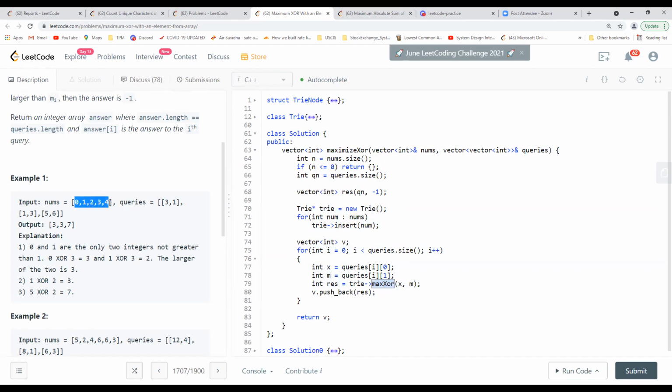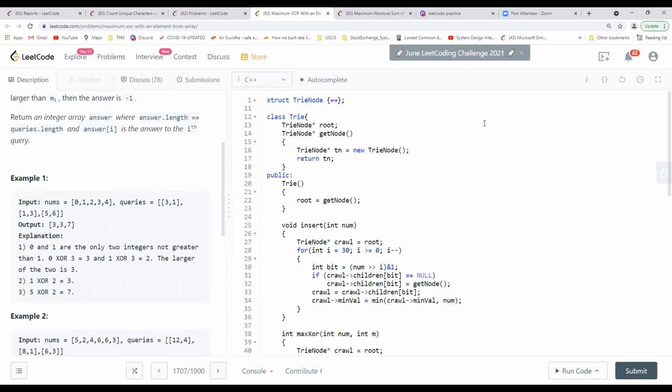And this can be done by storing some additional information in the trie node. Like if we see that we were looking for 0 and only 1, in that case, if we store some information like the minimum value, that will avoid us from going further into these nodes. I'll just show you how the implementation is. That will help in understanding.